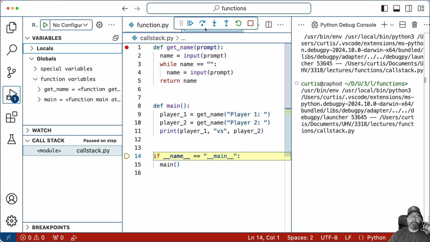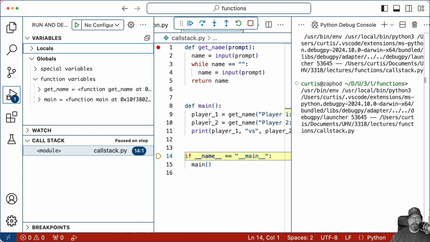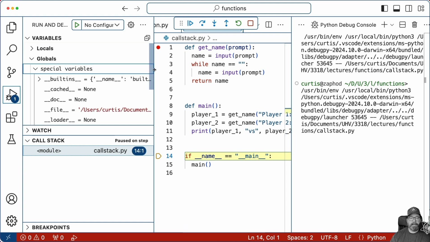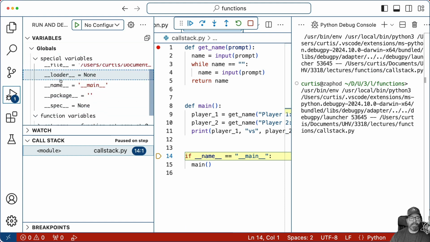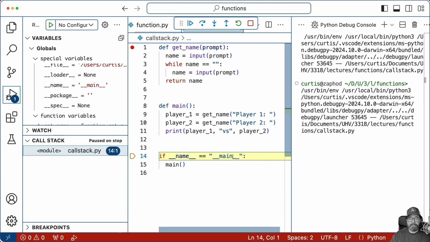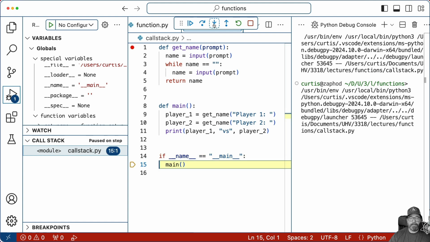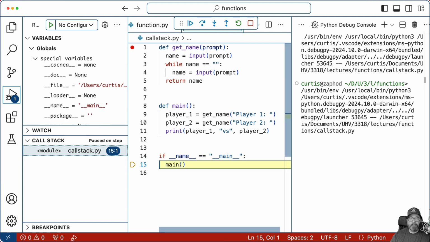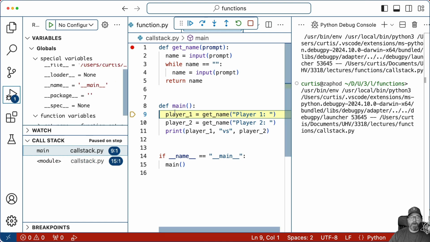Okay, so now I'm going to step into the if statement. So here we are at main. If I look in special variables and scroll down, you can see that name is equal to main. That's the value. And you can see there are a whole bunch of other dunder, double underscore variables in here. We're just looking at name. It's equal to main right now. So this if statement is going to be true. So I'm going to step into it, and now we're at main. So now what I'm going to do is I'm going to step into main, and now I'm inside the main